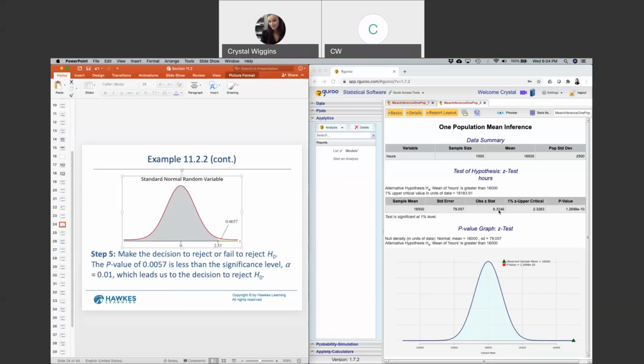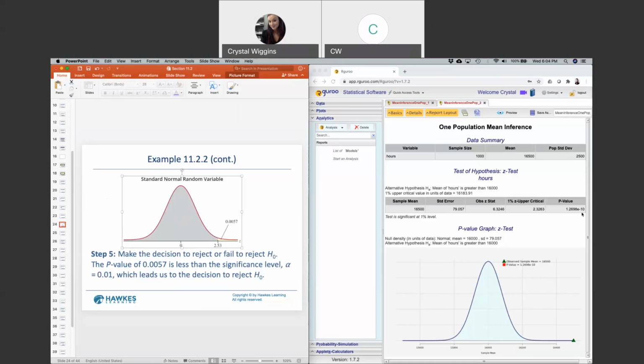So here our test statistic is 6.3. That is huge. That's way far into the rejection zone, way bigger than this number. And we can see that by this p-value. So recall this E-10 is calculator scientific notation. If we were to write it in human scientific notation, it would be 1.2698 times 10 raised to the -10